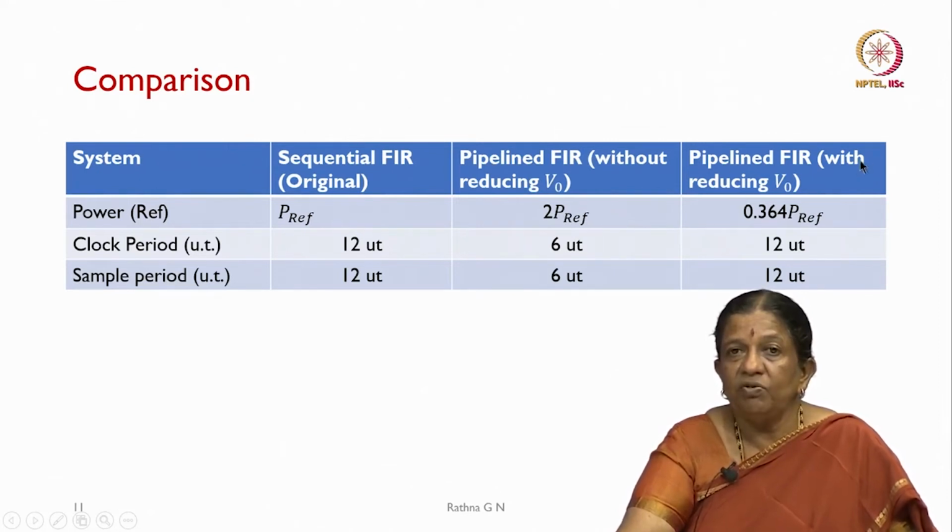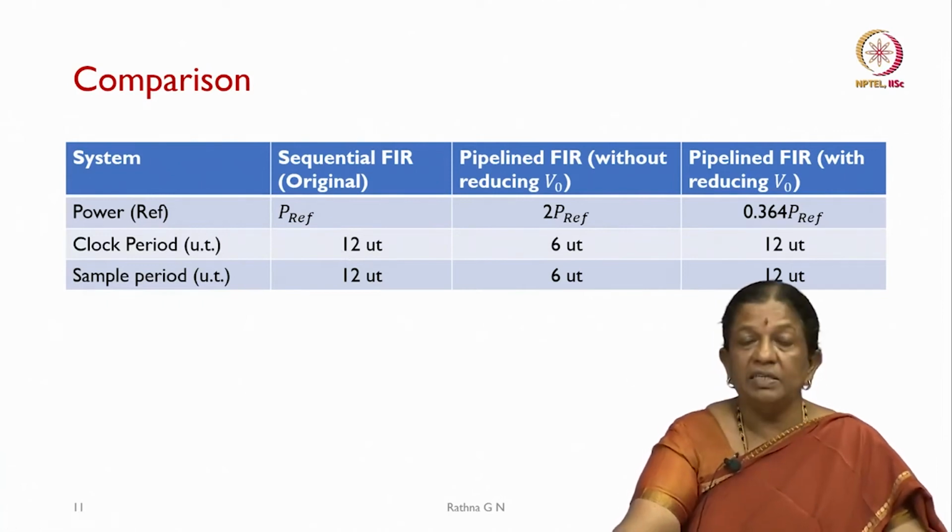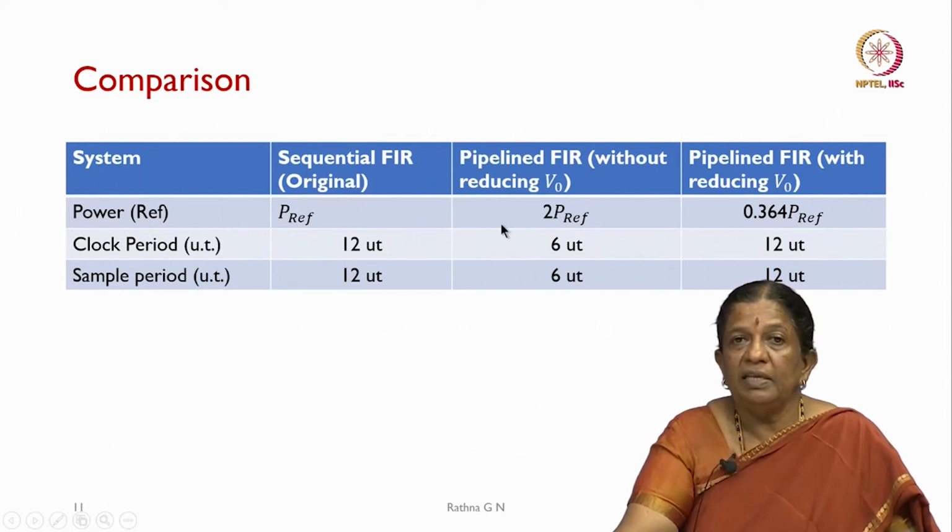And then in the case of reduction in the voltage, it becomes 0.364 times the power consumed with respect to the reference. And the clock period unit of time we are assuming is: in the original it is going to take 12 units of time, because the multiplier is 10 units and the adder is 2 units, which is 12. And in the case of the pipeline, it will be taking 6 units of time,